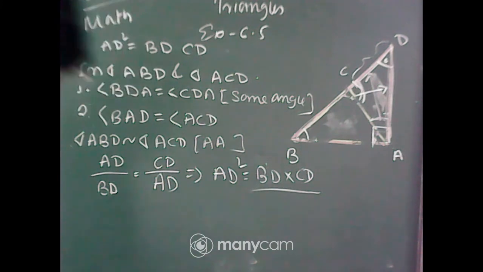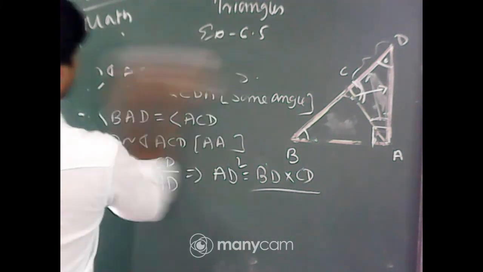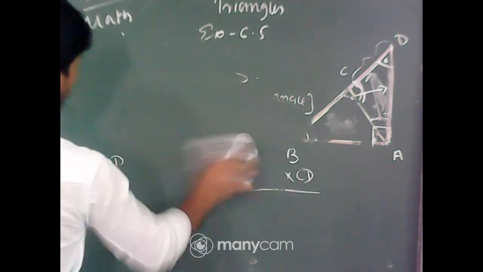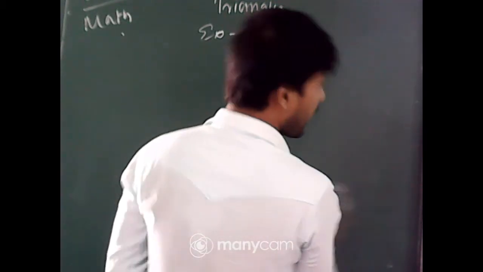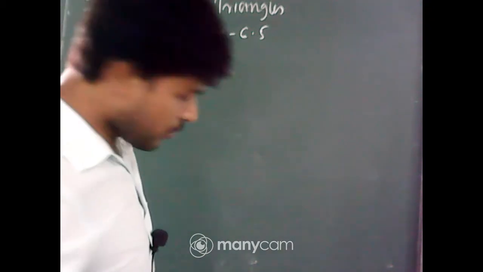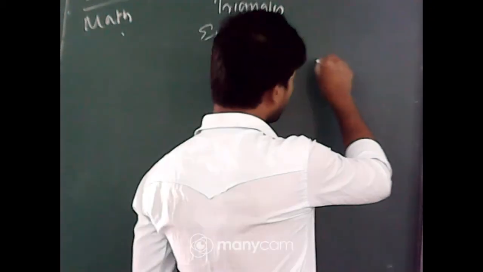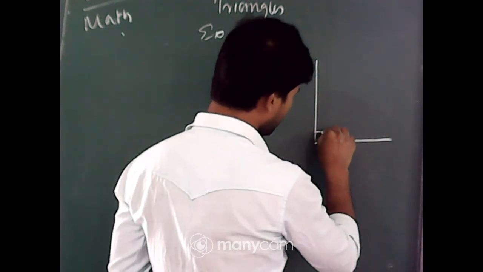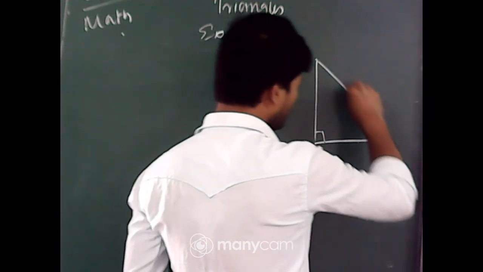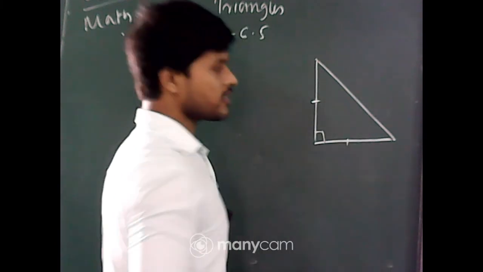ABC is a right isosceles triangle at C. Prove that AB square equals 2AC square. That is a very obvious question. Now it is a right isosceles triangle. I think you know the definition of an isosceles triangle and a right angle triangle. An isosceles triangle means a triangle whose two sides are equal, and a right isosceles triangle means a triangle whose one angle is 90 degrees and the other two sides are equal, meaning this side and this side are equal.